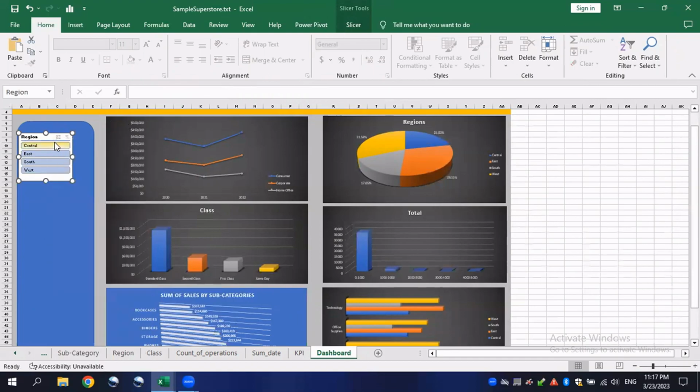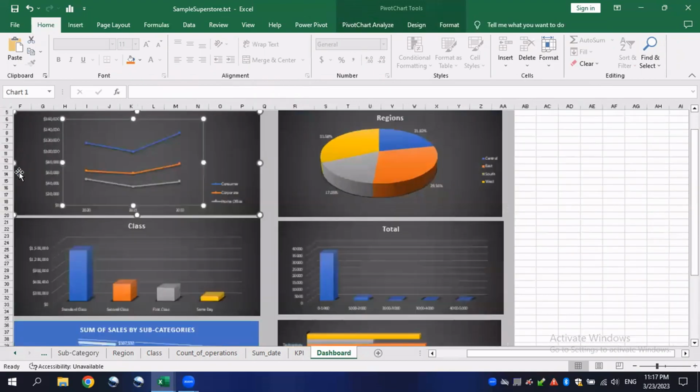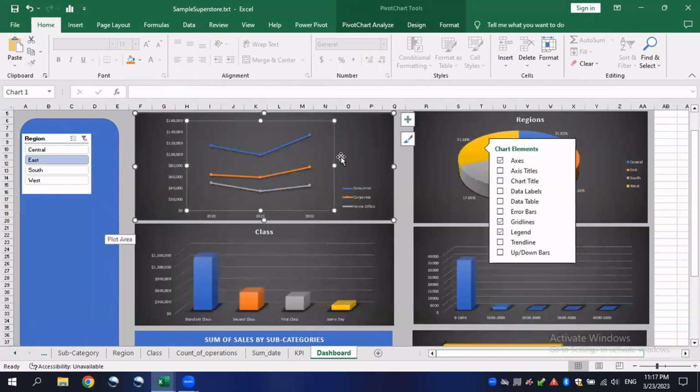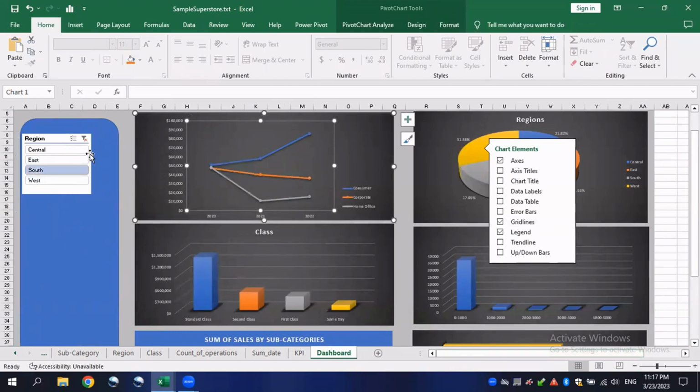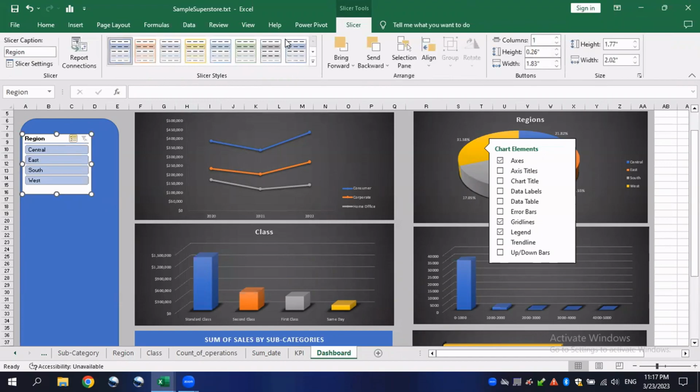If I click on central, you could see it's just changing one chart here, this one. If I click on east, it changed east, but I don't want it to be like so. I want to change all these charts based on this slicer. How to do that? Let's unclick it and select this slicer, and after clicking this slicer tab, you could